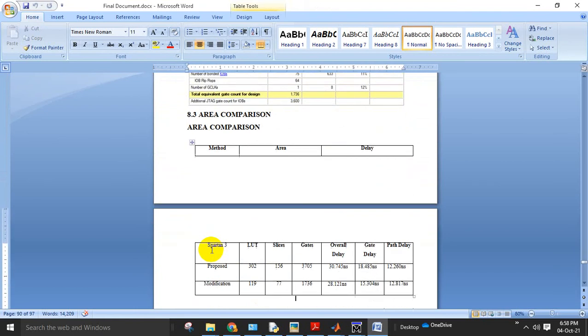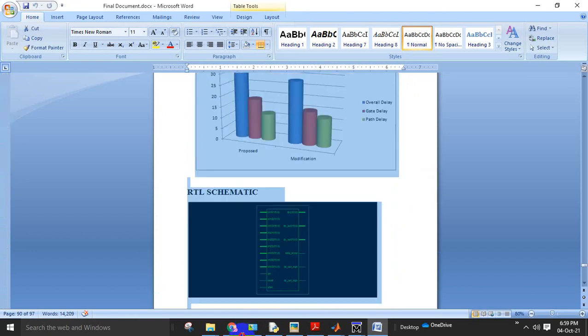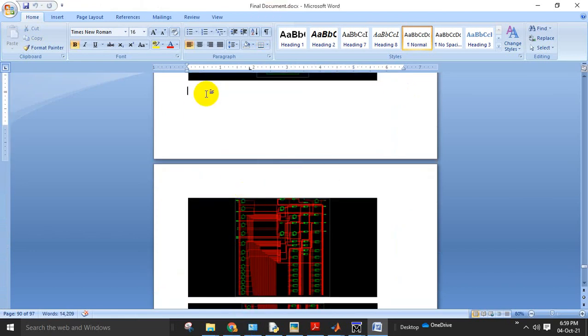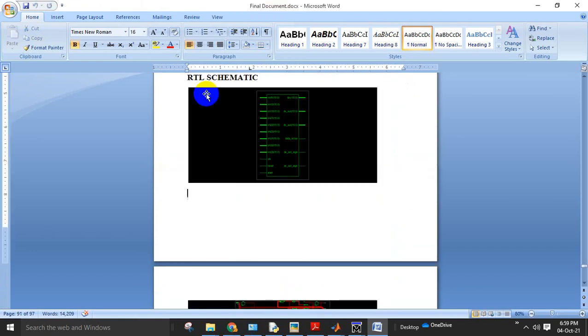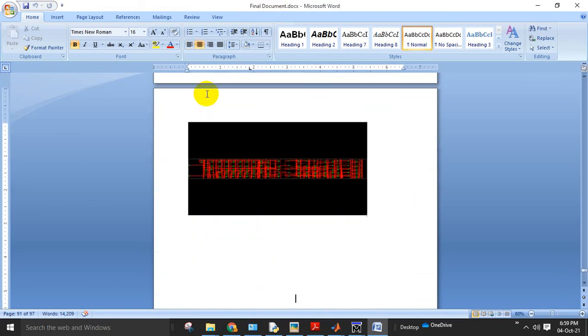We will be justifying our design, showing which method is better. For the proposed one, how much is the area and delay, and for the modified one, how much is the delay and power. Under area and delay we will find it here. Based on the calculation we plot the graphs over here, and after that the Xilinx report generates the optical schematic as well as the technological schematic and everything. Those things we displayed here.